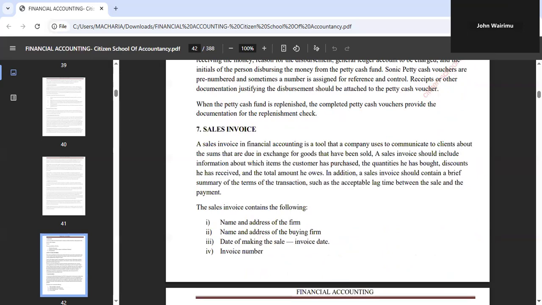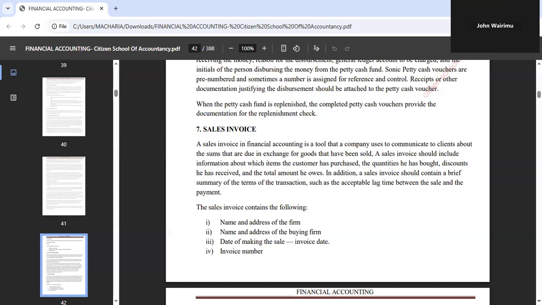Now, the other thing you're seeing there is called a sale invoice. Sale, as the name is pronounced, and I had also mentioned this, currently when we are running expenses through eTIMS, we are issuing sale invoices. And fortunately, next year, you'll not be able to account for expenses which have not run through eTIMS. So a sale invoice is a financial accounting